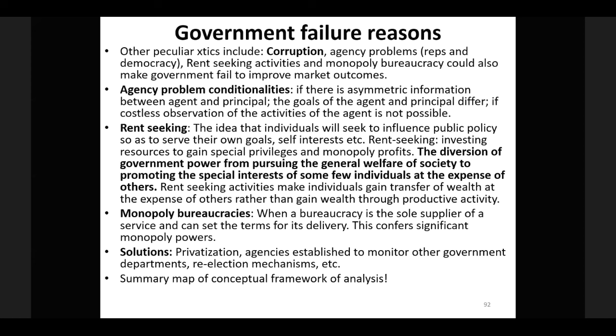For instance, sometimes you see a common regulatory decision that has to be taken. It takes a long time because you have to go through a very long bureaucratic bottleneck. And at the end of the day, this kind of red tapeism affects the ability of the state to intervene in the market to correct market failure situations. And how do we address some of these government failure situations? Usually we say, okay,